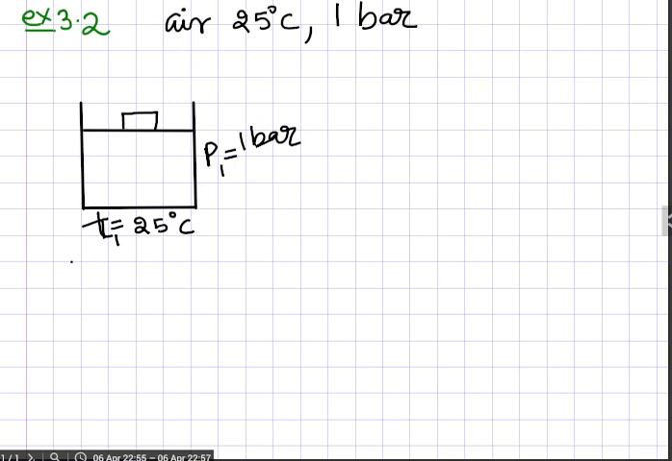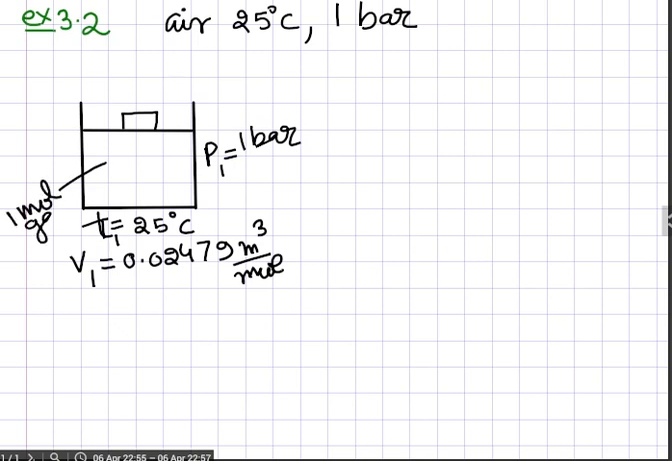given the volume of the gas to be 0.02479 meter cube of 1 mole gas. Or you can say that inside this cylinder there is 1 mole gas. You need to assume this, just take it as your basis for your calculation. So all three properties are defined here, P1, T1 and V1, and also they have given you the quantity of